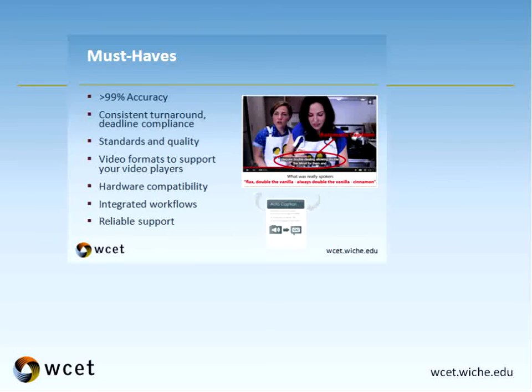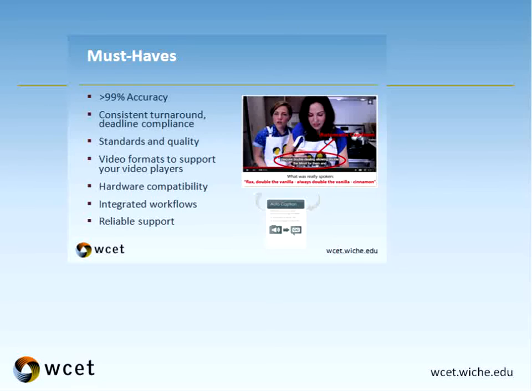The next item here is video formats that support your video players or platforms or systems. Unfortunately, captioning should be much simpler than it actually is. Because of the range of the different media devices that we have, and because captioning is really sort of designed as an afterthought for existing technologies. It's basically a hack right now. And so if you're creating captions for YouTube or you're creating captions for Kaltura, it's going to require a different type of video format. Certainly for broadcast, for DVD, all those things are going to require different formats.